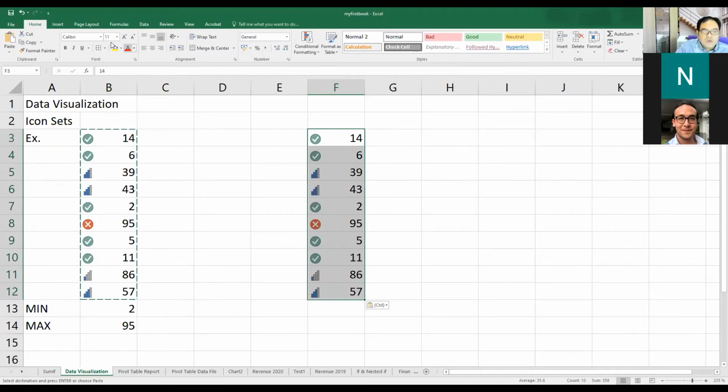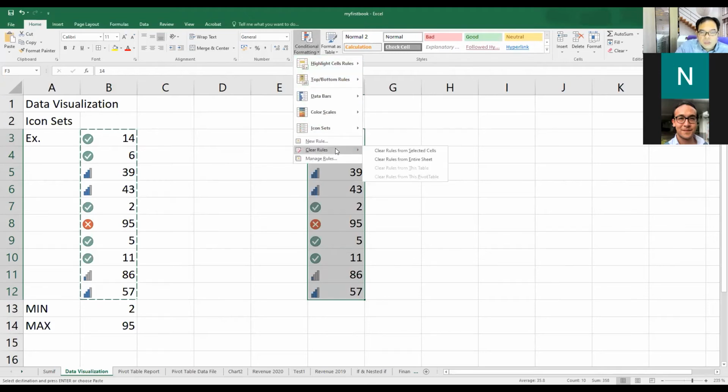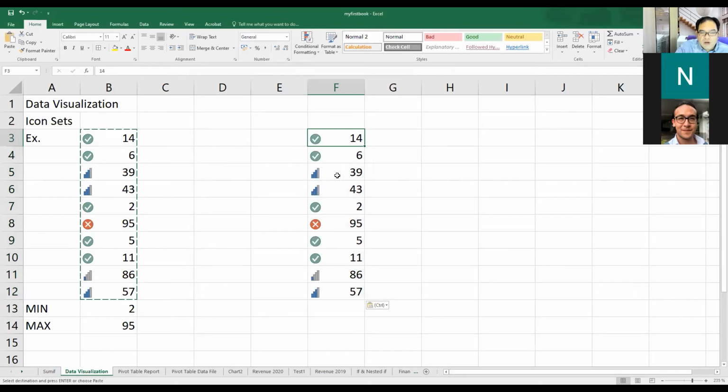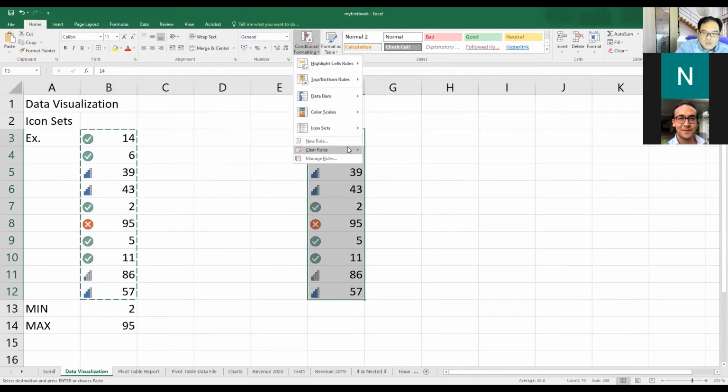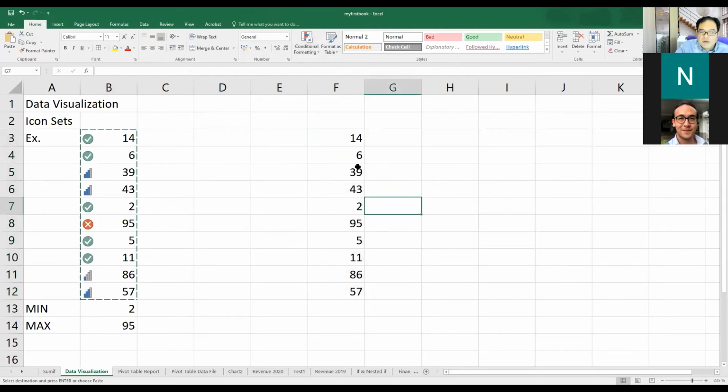you may have to go to the home tab, conditional formatting, and then choose clear rules. Don't forget that you have to highlight the cells that you don't want the rules or the icon set anymore first. After that you choose clear rules and clear rules from selected cells, then it just removes the icon set